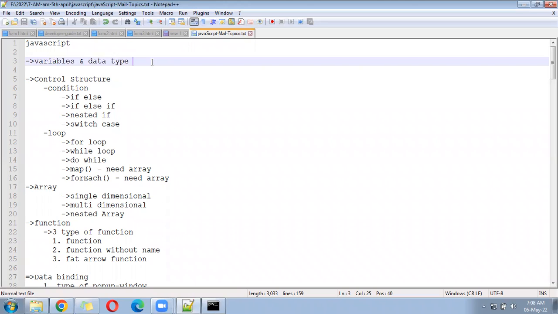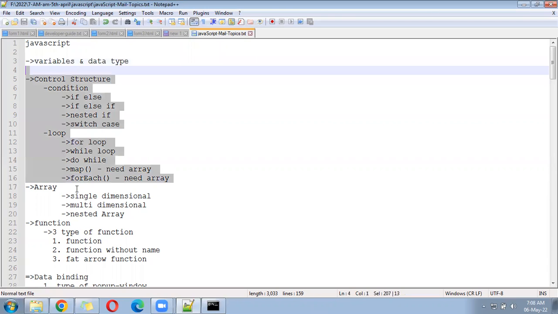There you can control the data using two ways. One is called condition. Another one is called loop. Under the condition, we have certain types. Under the loop, we have certain types. Through examples, one by one, we will understand. After finishing this part, we will enter under the